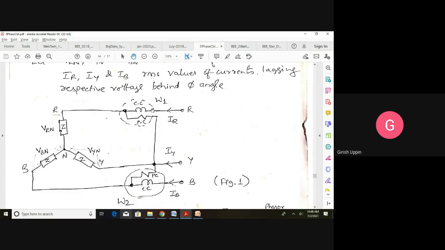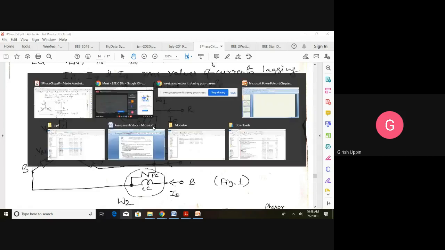So the current that is flowing in this wattmeter is IR, and the voltage that is applied across this wattmeter one is VRY. Why RY? See, this will not have any resistance. This node is the same as this node. So this R and Y. This is the connection of wattmeter one. This is how it is connected between R and Y. The voltage is VRY. This wattmeter has a current of IR and voltage of VRY.